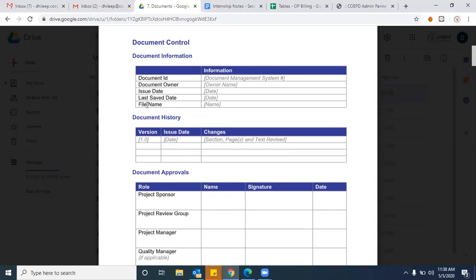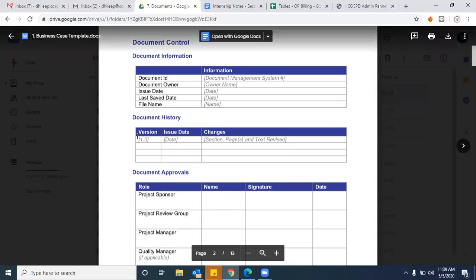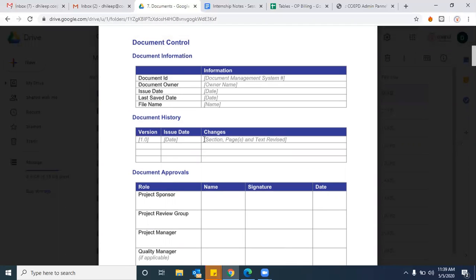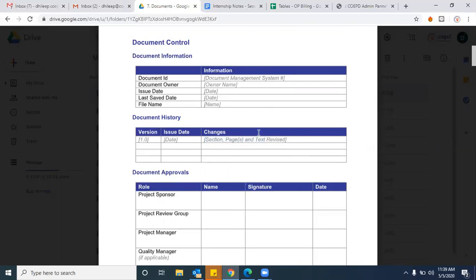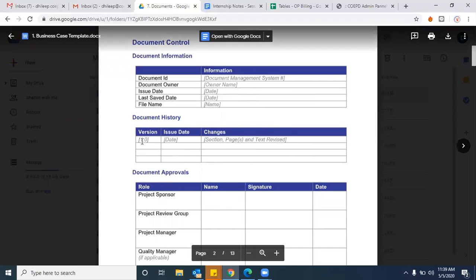If you are preparing an understanding document, you need to maintain this history: which version you are preparing, when you are preparing it, and what sort of information you are keeping. If you are changing that particular version, like version 1, D2, you need to mention what sort of changes you made in the version 2 document. Am I clear? Karthik and Ritika. This version history will tell us which version you are currently working on and how many versions this document will have. You may have multiple versions of the same document, right or wrong? And which version is this now? What add-ons or changes have been added to this particular document, we may understand from the document history only.